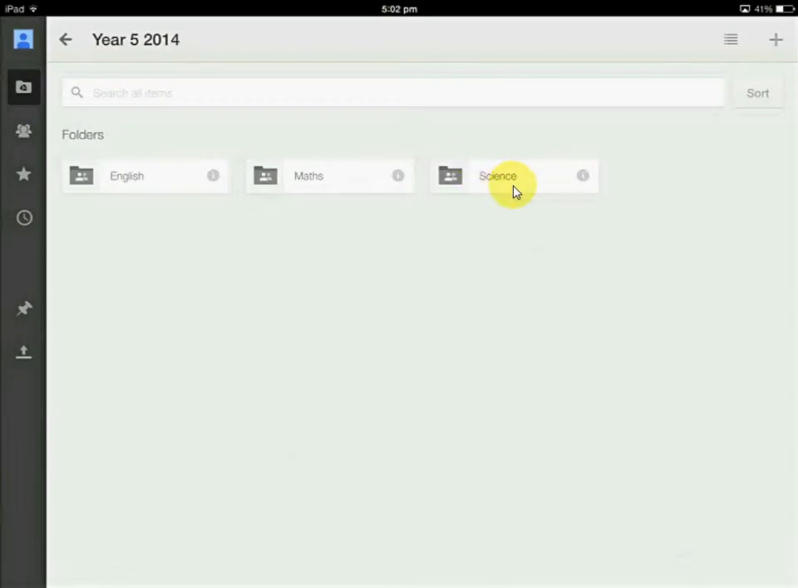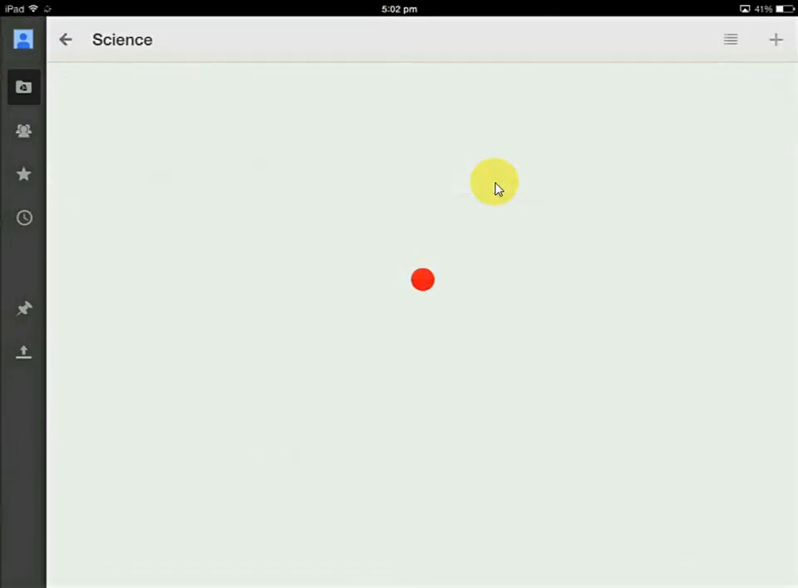In advance, I've set up a science folder. And within that folder, I've also set up another folder for our light work. So the student will then go into light. And now that they're inside this folder, here is where they will tap the plus button. So they must be inside the folder that they want to submit to. So they'll tap the plus button